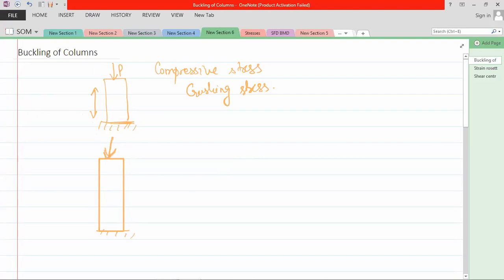For a practical demonstration, take the refill of your pen. Take out that refill. Suppose this is your refill and this is the nib of the refill. Put your finger like this at the top and at the bottom, and try to press it. You will see that the refill will bend like this. This is an example you can see easily.